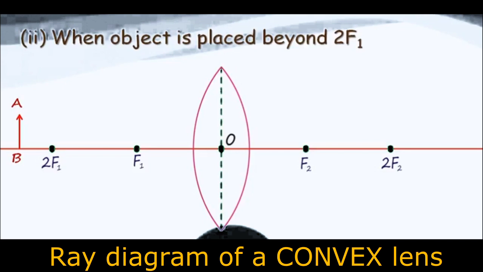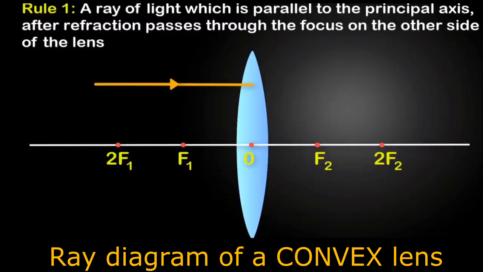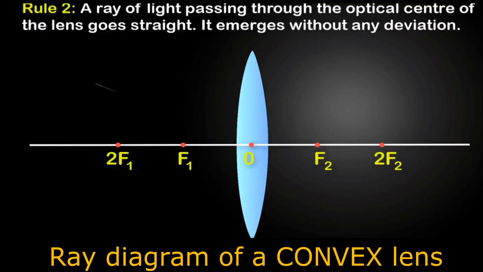We know we are using at least 2 rays to draw the ray diagram. So keep one thing in your mind, that the first ray should always be the ray parallel to the principal axis, and the second ray should be the ray which passes through the optical center. If the question is asked,